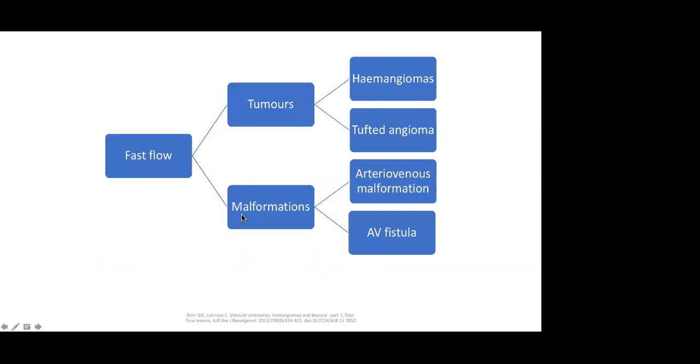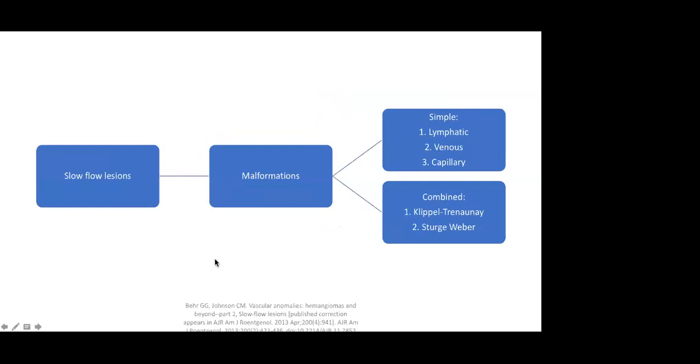A further classification is usually based on the flow of lesions, and this is important because it helps determine the etiology of lesions when we do ultrasound. So fast flow lesions: over in tumors, usually you've got hemangiomas, tufted angiomas, and some of the others in your tumors. And then malformations, those are your arteriovenous malformations and fistulas. And then slow flow lesions, these are mainly your vascular malformations, including your simple malformations, lymphatic, venous, and capillary, and then your combined, which are usually syndromic